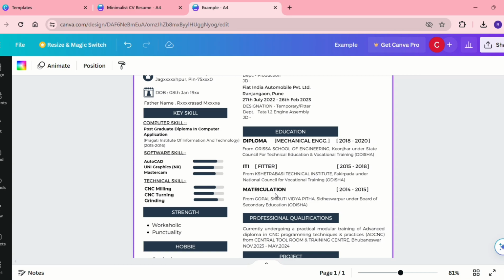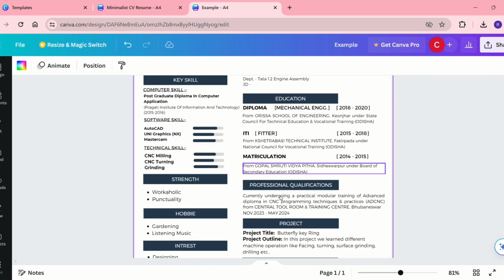So what we are going to mention here in our BTech or maybe our educational qualification, we need to mention our branch first, and which stream you have completed, in which year you have completed, and from which institution, under which university or which board this person has completed as a diploma. So he has started with his diploma, then ITI, then matriculation. No need to mention your percentage. Why? Because we have already discussed it in our session. Okay,